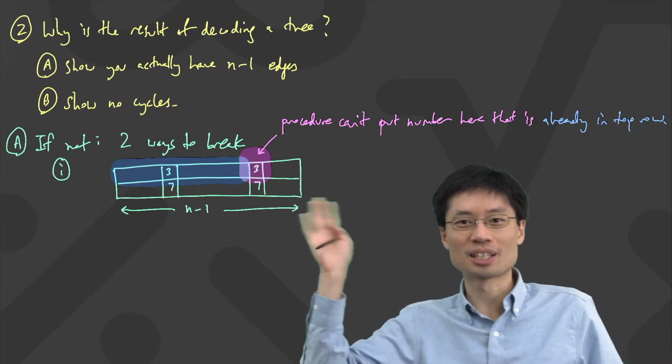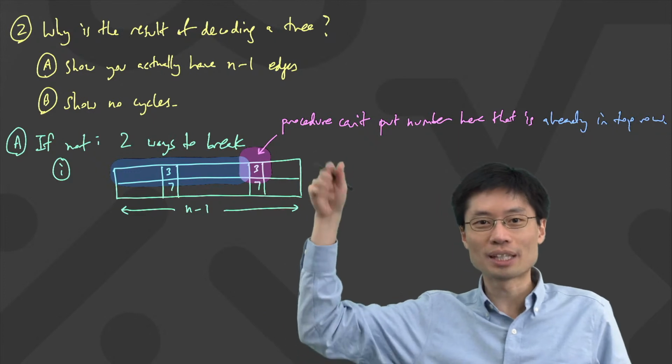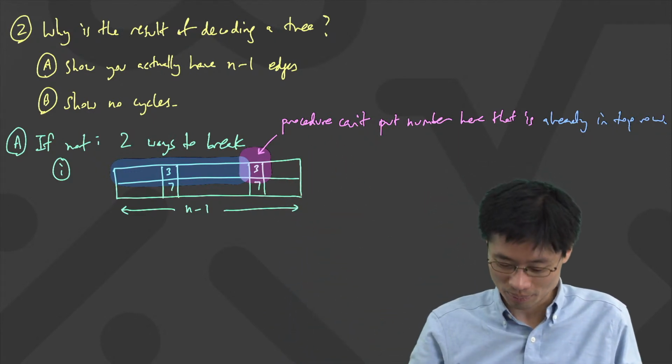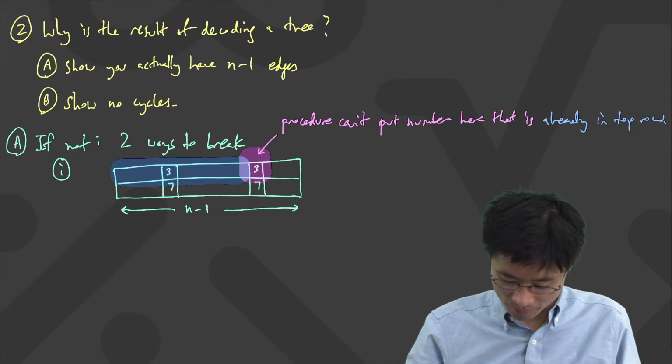Is that clear to people? I'm just not writing that down. But you would never decode and get a number directly above itself. That's just not possible. Okay, the other possibility is,